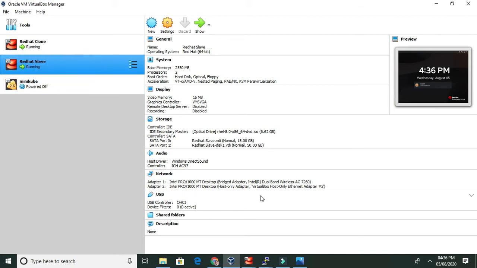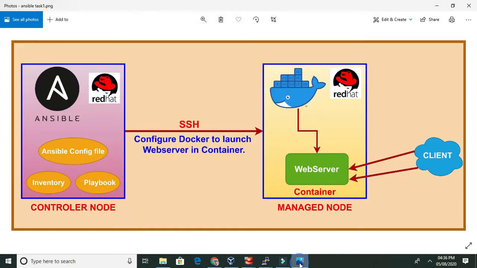Let's start. First of all, Ansible needs an inventory. An inventory is a database of the IP, username and password of the managed node. Whenever Ansible runs any command, it will first go to the configuration file, so we have to create the Ansible configuration file.